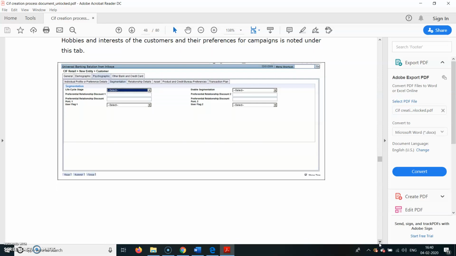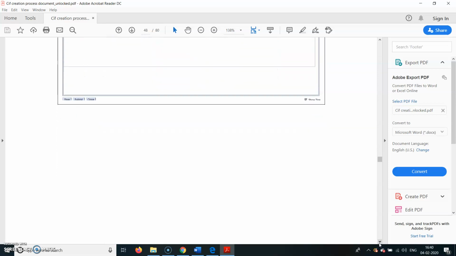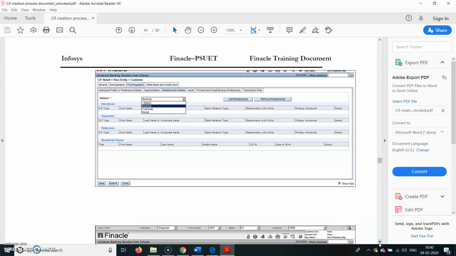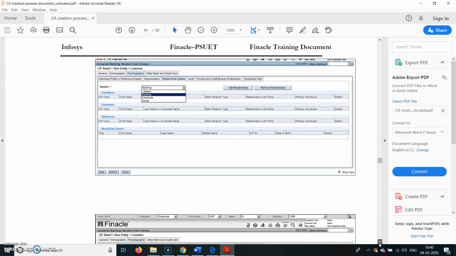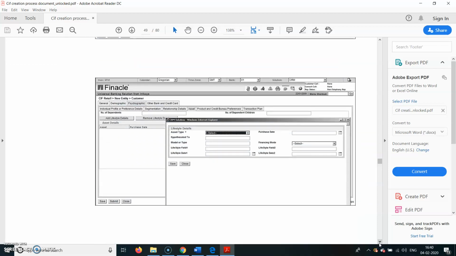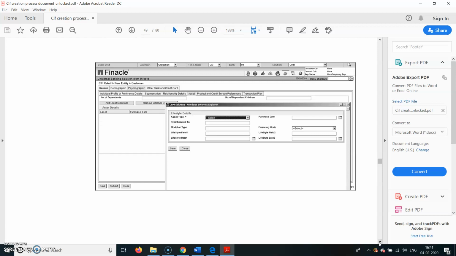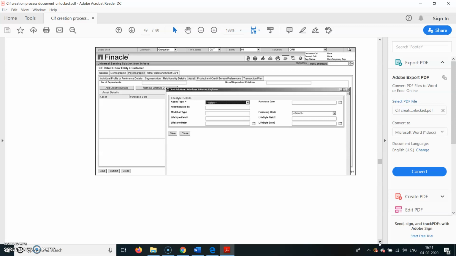Hobbies and interests of the customers and the preferences for campaigns are noted in the tab below. So finally, the KIF ID will be created and it has to be verified by the checker, who will be visiting all these fields and ensuring that whatever data has been filled in by the customer is